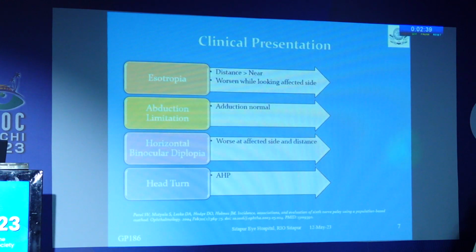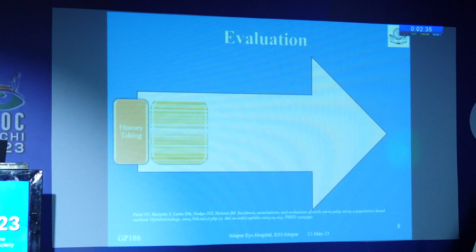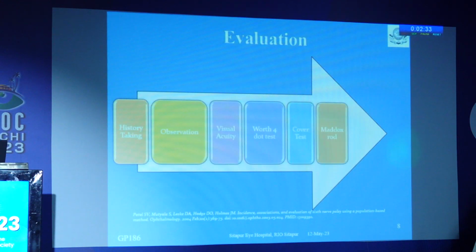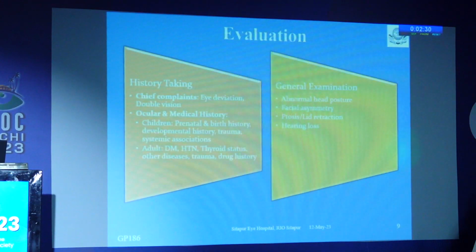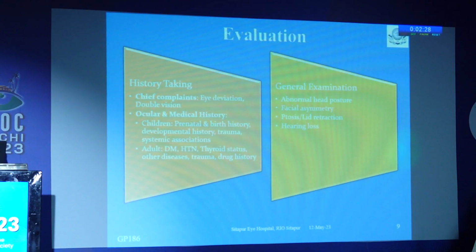There will be horizontal binocular diplopia, and there will be abnormal head posture. Now, coming to the evaluation, it shall be done under the following headings. First, we start with meticulous history taking. In most cases, the patient comes with the chief complaint of eye deviation and double